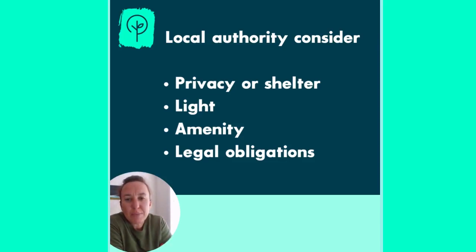Presuming that an agreement can't be reached between the neighbours from discussions or in correspondence between themselves, then the next step is for the complainant to bring their local authority in. How that happens is worth looking at the local planning authority's website for guidance on how to bring a complaint to the local authority. As I said previously, the complaint needs to be that the hedge is affecting the reasonable enjoyment of the land, and in considering that, the local authority will consider the privacy or shelter offered by the hedge, the light blocked, the amenity value of the hedge, and also the legal obligations in respect of the boundary.